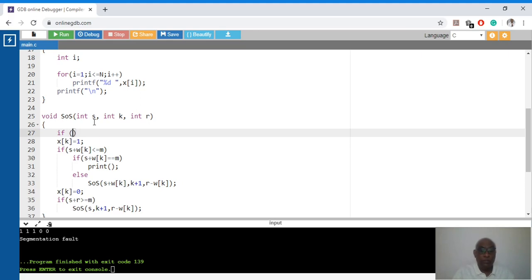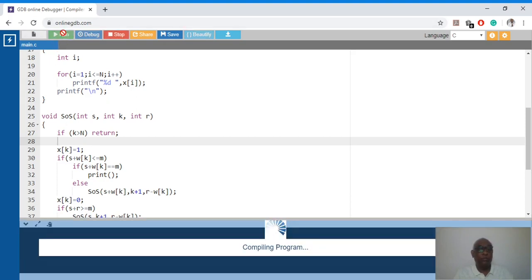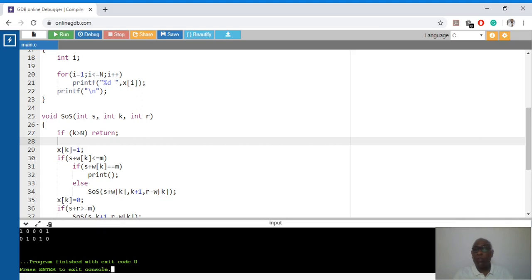We know that if k is greater than n, then you have to return. We forgot the most important condition. As I said in the previous lecture, once you reach the level n plus 1, you no more expand the nodes. You stop there. So the same thing is converted here as: if k greater than n, return. So let's see. Yes, that gives us